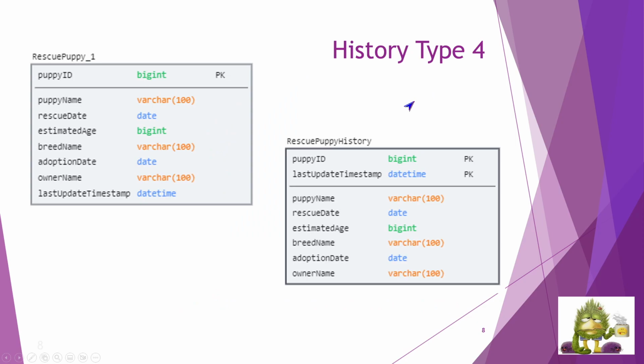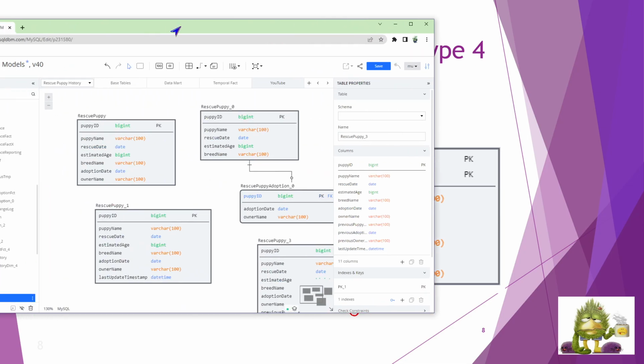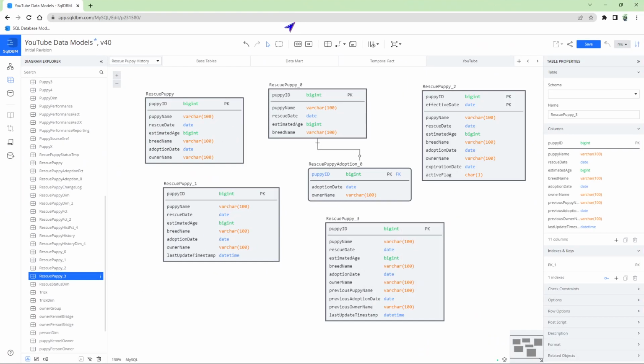History type 4 is where you have a puppy history table. You actually create a history table. I tend to like to have a separate history table, and I write every piece of data that is changed into that history table, including the current record. Some people that do this,